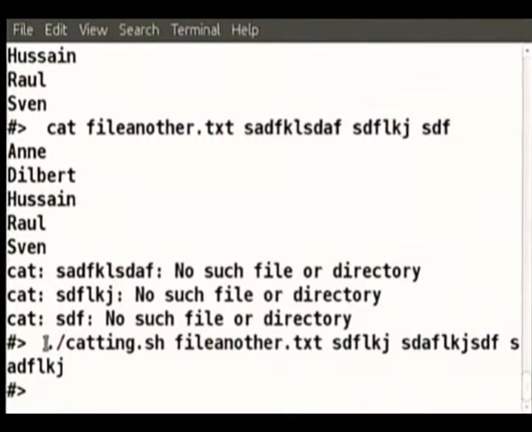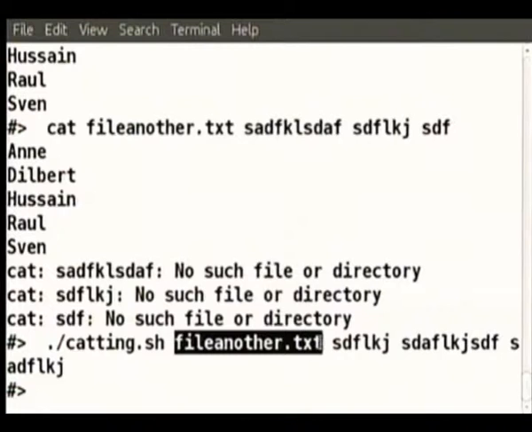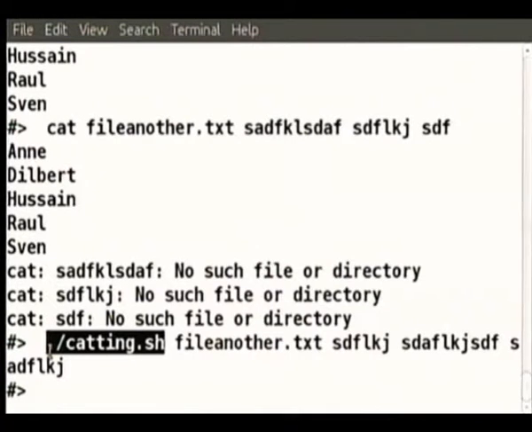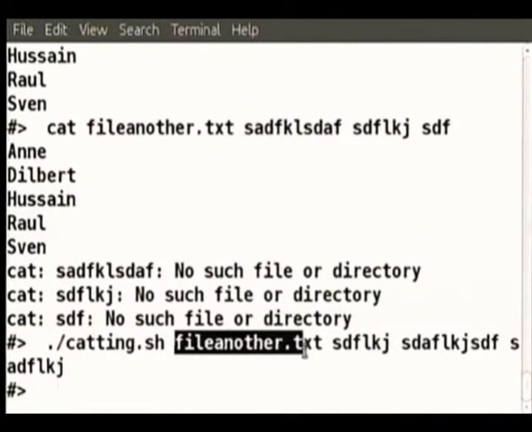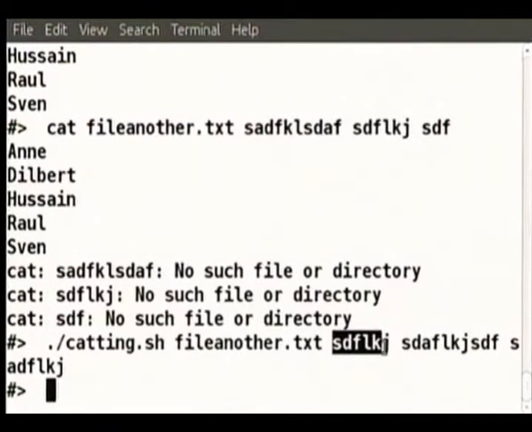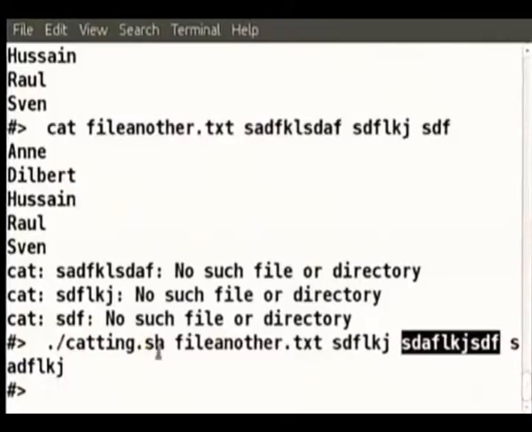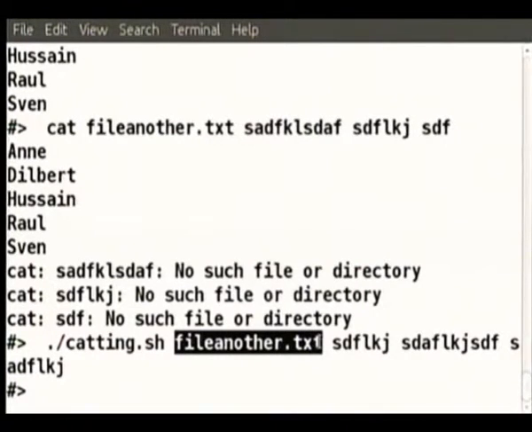our convention is that whenever you have this command prompt, the command name itself is called $0. The first argument is called $1. This is actually $2, the second argument to the command catting.sh. This is the third argument. If you give unnecessarily many arguments, there will be no error. Why? Because $2, $3, $4 are anyway not being asked for inside catting.sh. It will not give any error. It will just do whatever was supposed to be done to $1. Only $1 has been called, so it will do that.